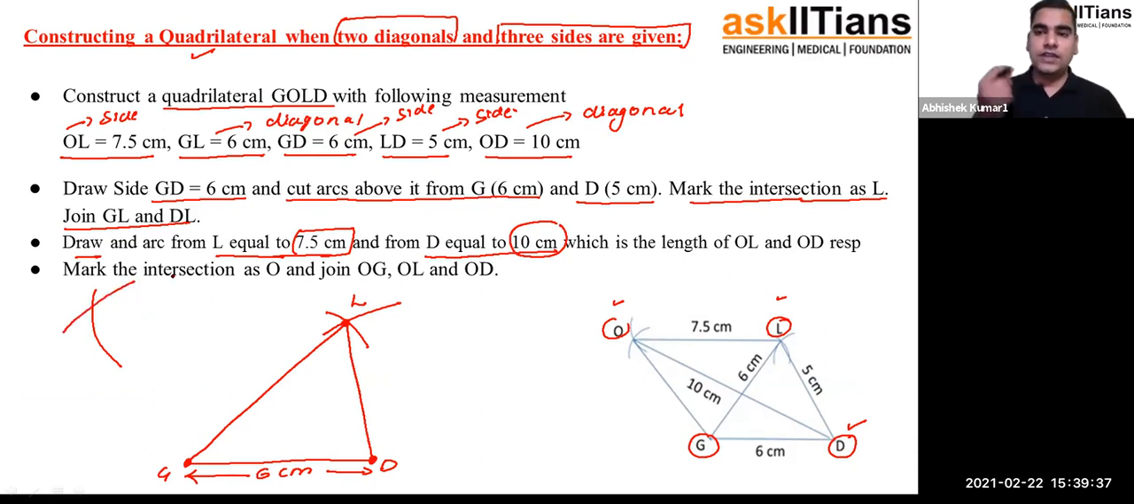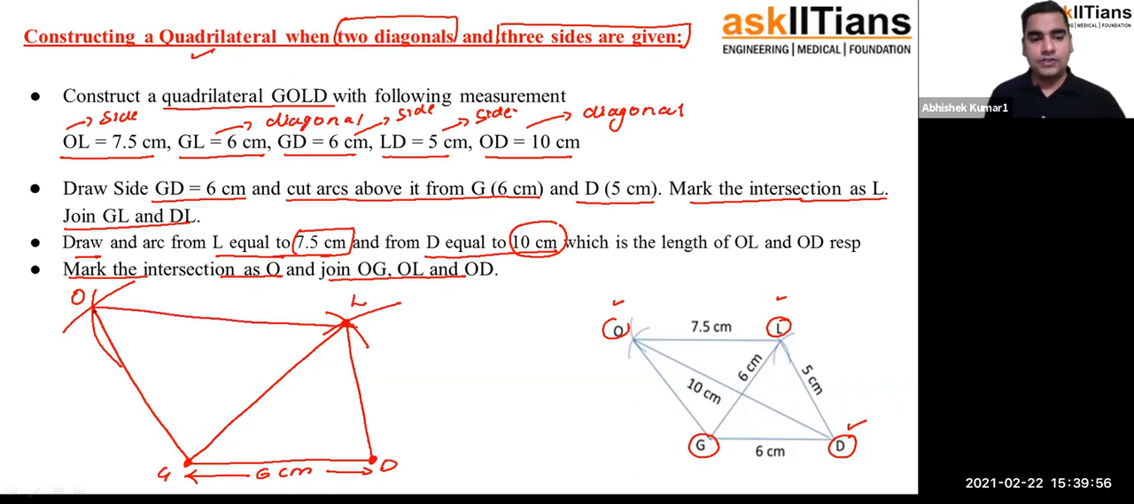And we are going to give a name to that particular point of intersection. And the name given to it is O. So let us call this point O. Then you need to join OG, OL, and OD. So join OG by using a scale. Join OL using a scale, and join OD using a scale. So when you do that, you will automatically get the required quadrilateral,